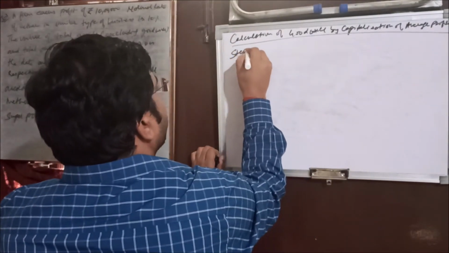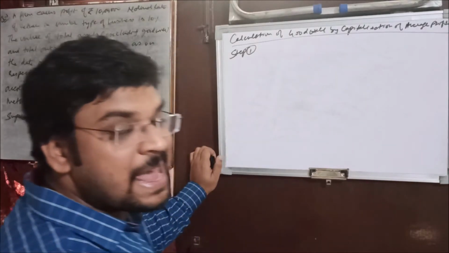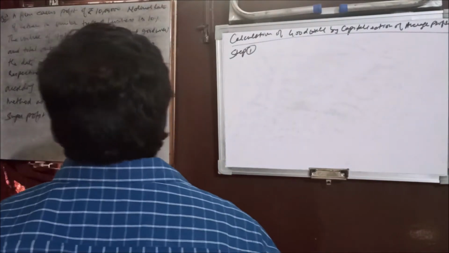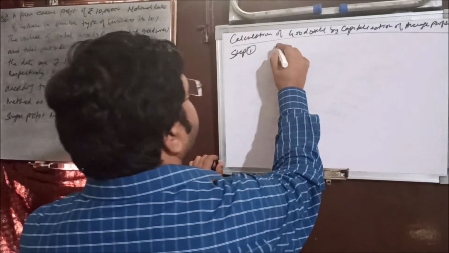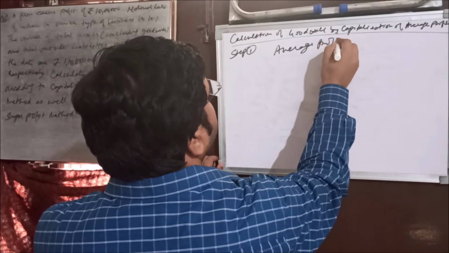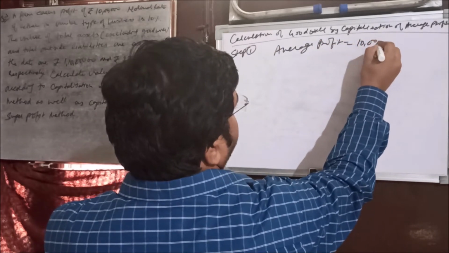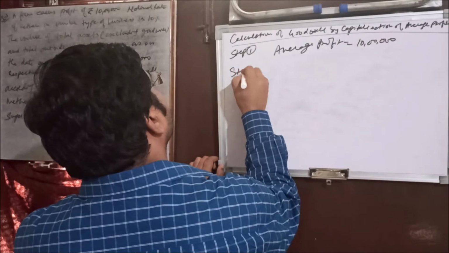So what is the step 1? To calculate the average profit. Let's see whether the average profit is given here or not. Earns profit of rupees 10 lakh. In the absence of other profit given, this will be known as the average profit. If the question separately gave the years, then you would have calculated the average profit, so that procedure can be applied here. So already it is given, average profit is equal to 10 lakh.